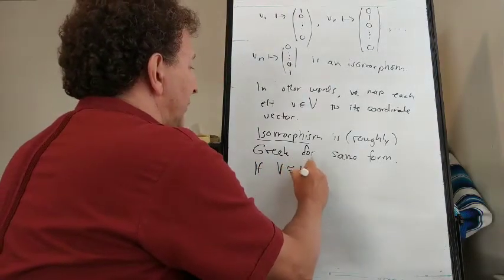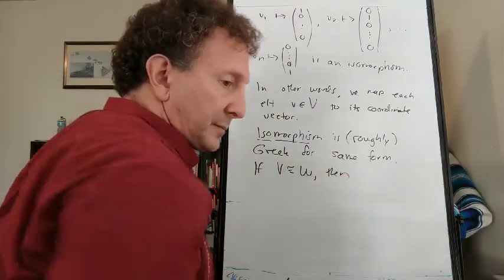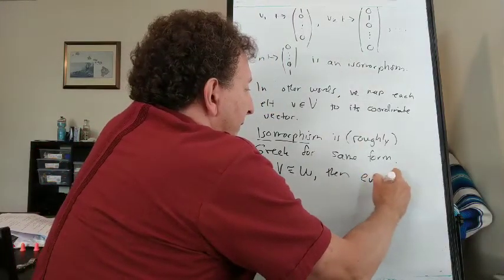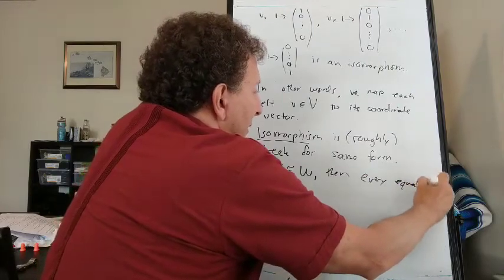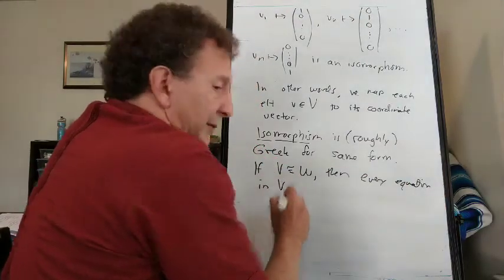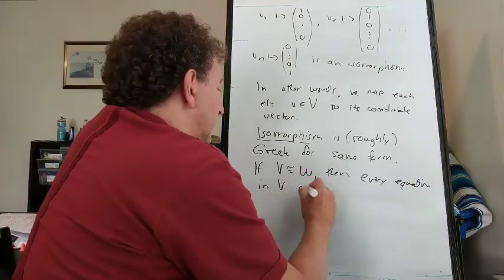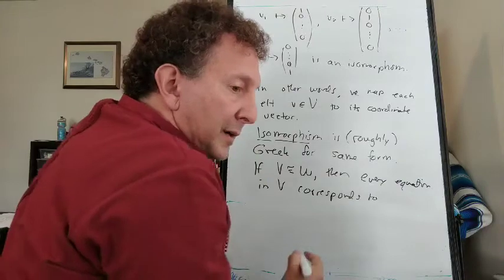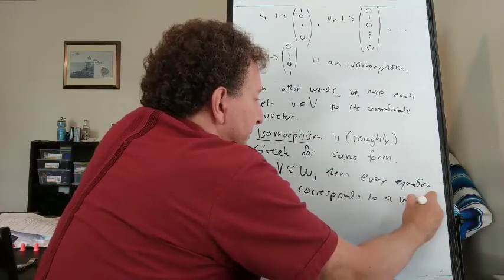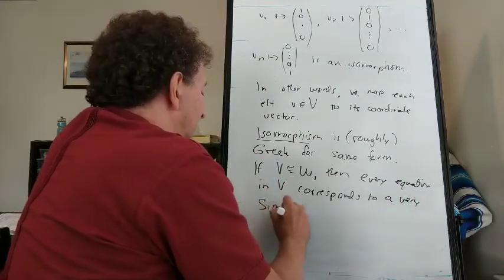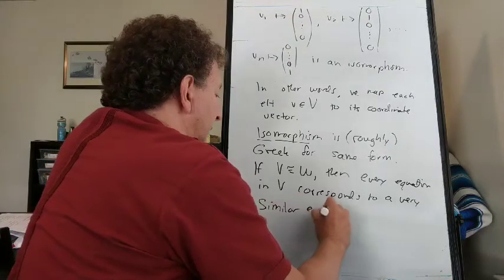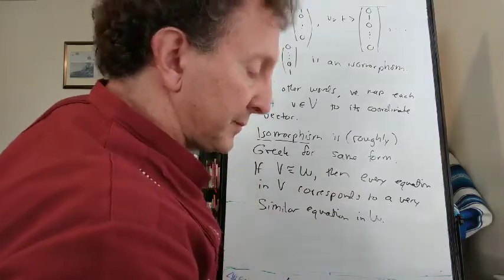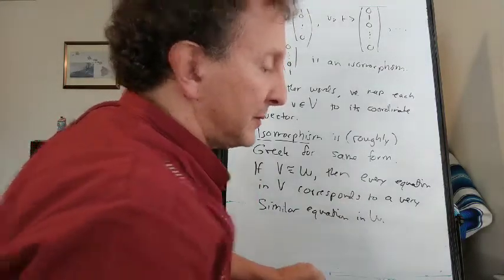Now if V is isomorphic to W, then every equation in V corresponds to a very similar equation in W. So for example,